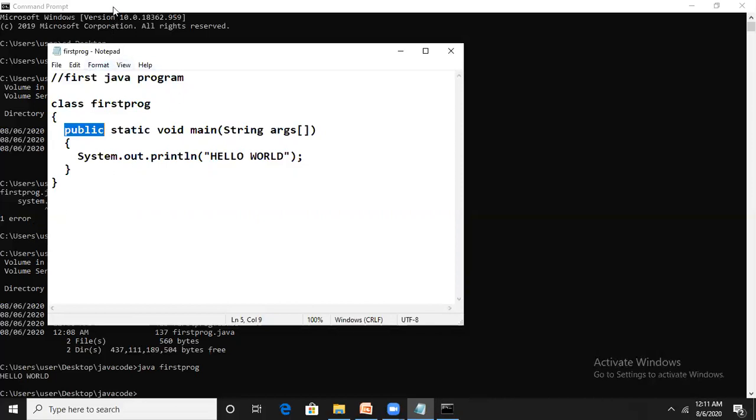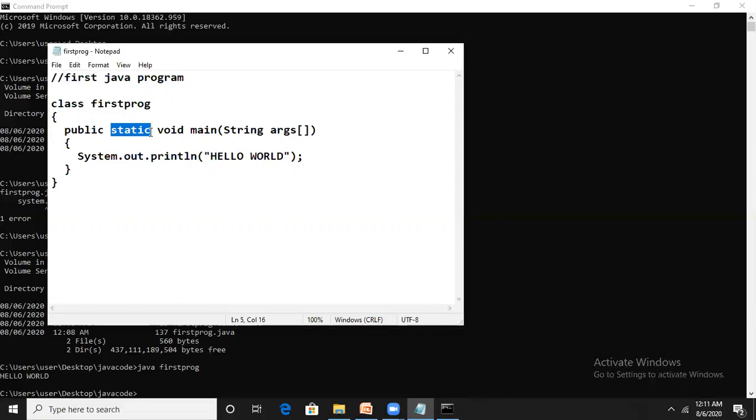DOS is another application, an operating system application. So I am calling this main method from outside FirstProgram, so it is public. Another access specifier is there. And the meaning of static, I will explain afterwards when we see the static concept.